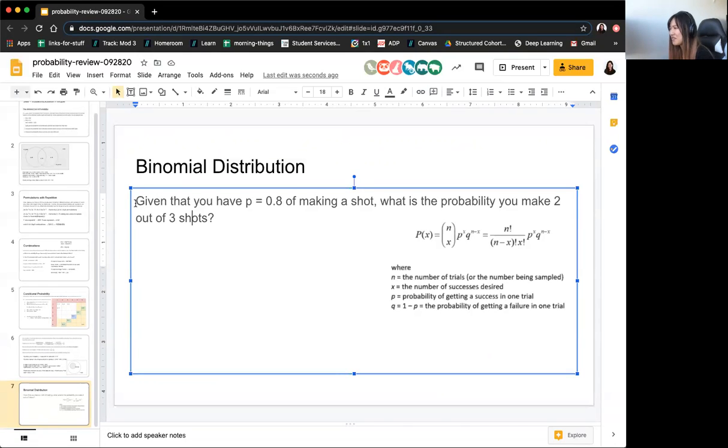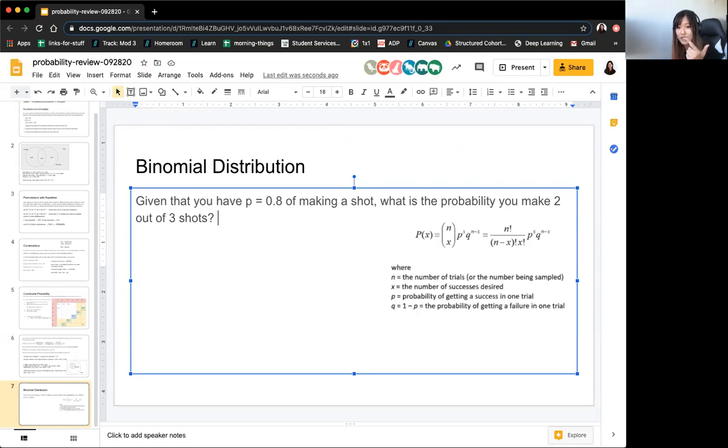So I think I gave this exact example. I think I gave it as like basketball. Given that you have a probability of 0.8 of making a shot, what is the probability you make 2 out of 3 shots? So if we remember binomial distributions, when we're talking about normal distributions, they are defined by